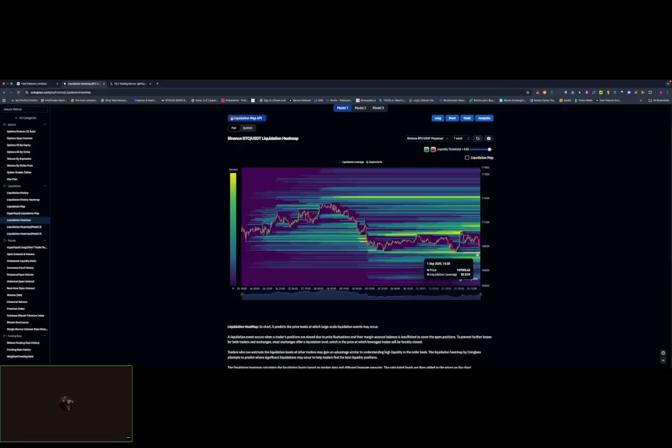But what is more probable? Are we gonna go all the way up here and sweep this liquidity, or are we gonna sweep this liquidity right here? Well, it just so happens that this liquidity in this range is in that 105, 106 area. So I would want to take this liquidity before I see this liquidity get taken. So